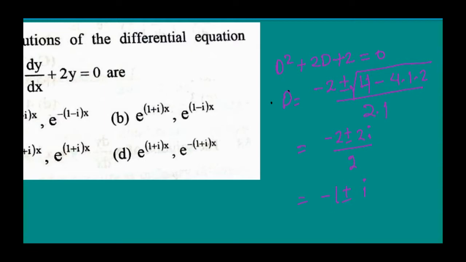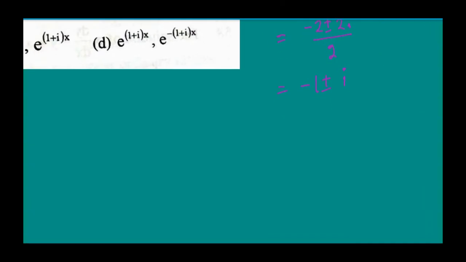How is it the second format? Here the two roots are coming to be distinct but complex conjugate. So what will be the solution? The solution will be Y equal to (c1 cos x plus c2 sin x) e to the power minus x. That means suppose the roots come as alpha plus minus i beta. So what will be the solution?